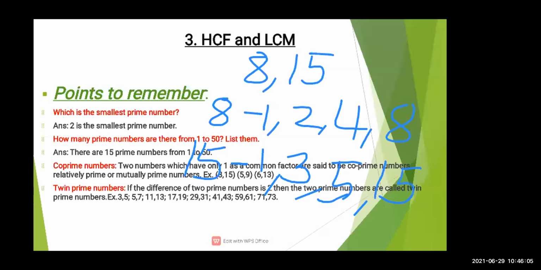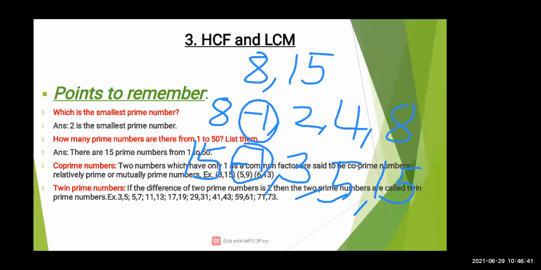Okay. Now common क्या है बताओ इसमें अभी? What is the common here? Now in these two numbers, what is the common? Very good, Daneshwari. Common is 1. Circle that common 1. Here 1. Because दोनों में 2 नहीं है, 3 नहीं है, 4 नहीं है, 8 नहीं है, 5 नहीं है, 15 नहीं है. Only common is 1. So that is our co-prime number. Clear?